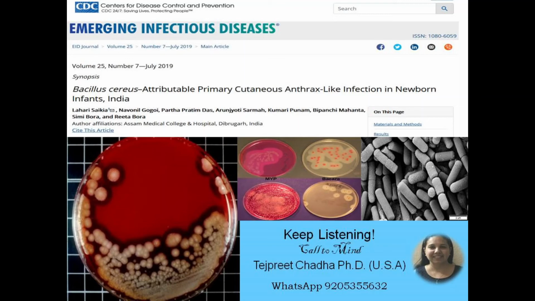Again, research is ongoing in this area, so we get more and more information. For example, for the emetic form, it has been shown independently by two research groups that it is encoded on multiple plasmids, especially when we're talking about the toxin. So the research is continuing, and we came to know more and more about toxins. The study on nosocomial infections came very recently, in July of 2019. I'm going to attach a link, so read about this case. I think it is important.